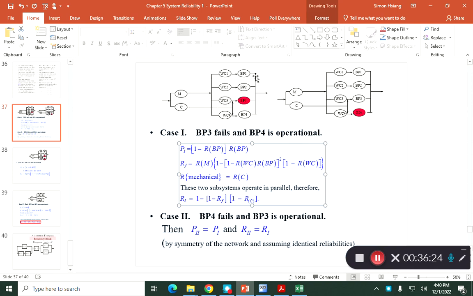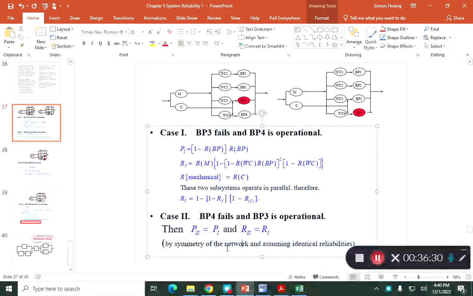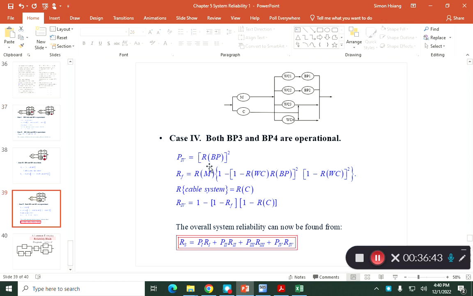And case 2 really just switch. So you can go this way or go this way. So by symmetry, the rear system, the network assuming identical reliability. So here's R1 and R2. R3 and R4, the opportunity is both fail. So, no, I'm sorry. This is both working,